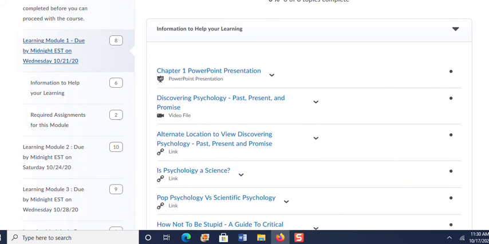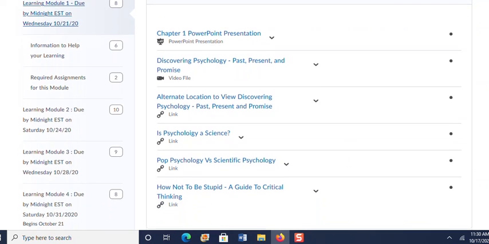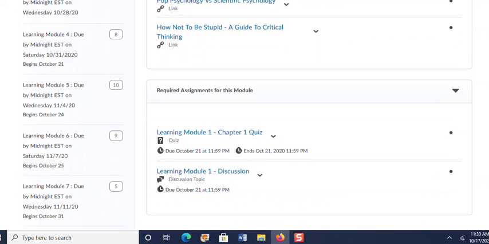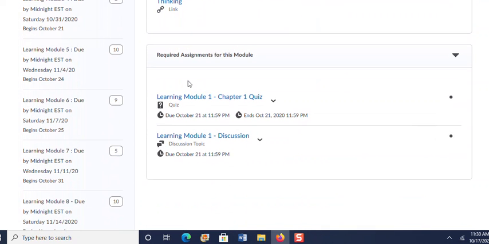You'll also notice that there's a section that's called Information to Help Your Learning, which might have PowerPoint presentations, videos, sometimes documents that I want you to see, YouTube videos, all those kinds of things. And then there will be actually sections that are required. You'll notice that if you read through the syllabus really closely, in the learning modules,